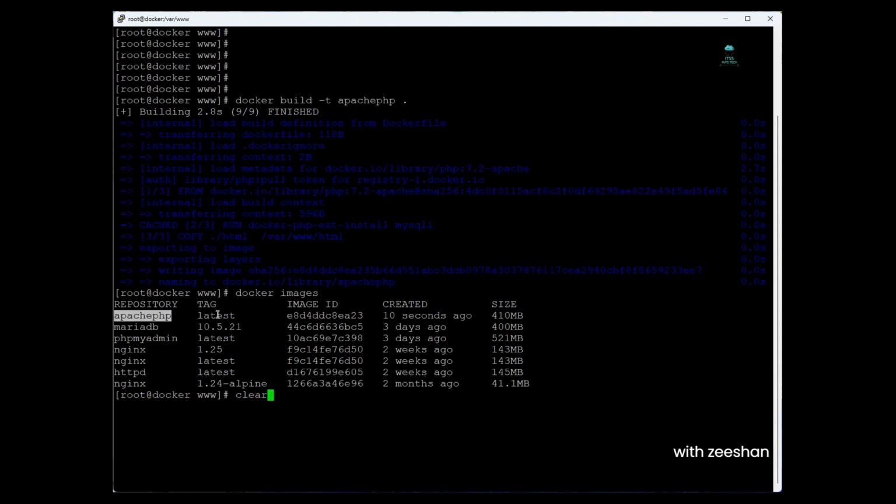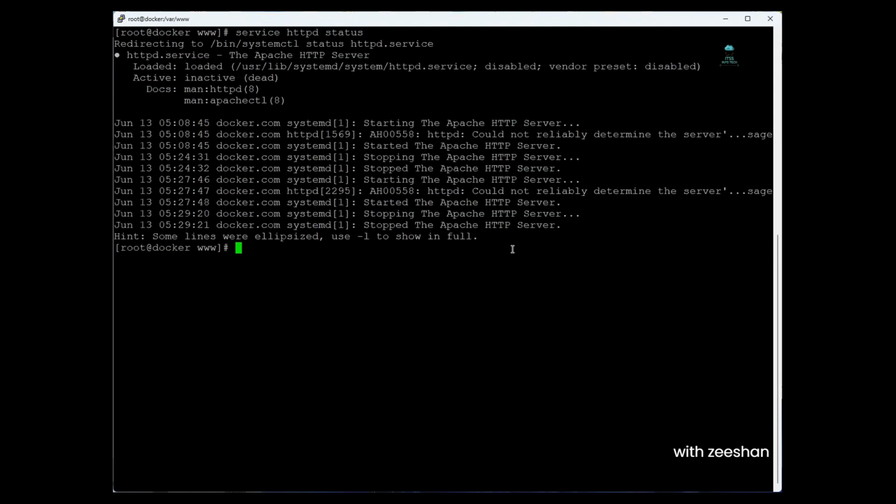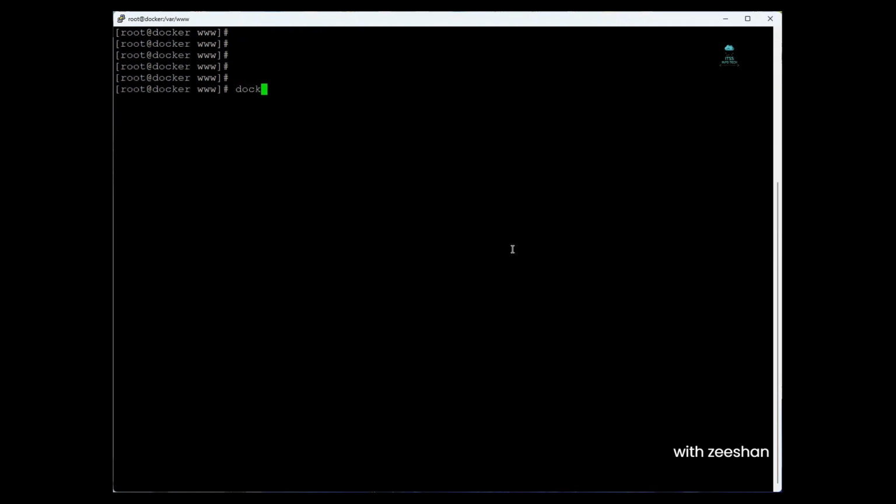Any confusion in this? No, I'm good. Okay, fine. So what we can do is Docker run in detached mode on a port. First, let's see the service httpd status. Okay, it's gone. So what I will do is Docker run